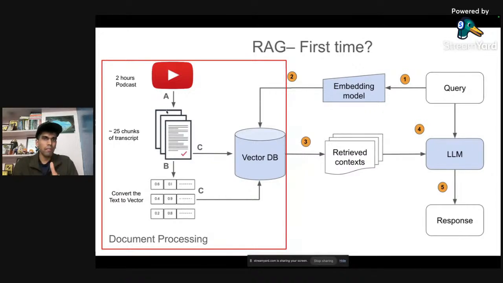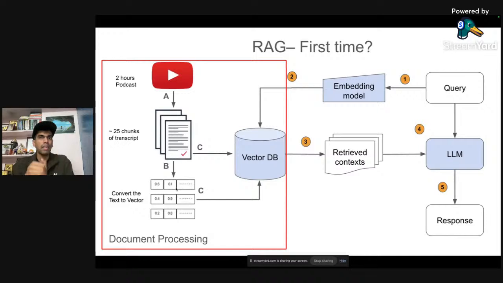Now, why is chunking very important? Every single LLM model has a context window. For Gemini, it is 2 million. For OpenAI, it is 128K. For Claude, it is 200K. Then most of the open source LLMs have 32K, right? So it's very important to chunk your data so that you can give just the relevant information as context via the prompt to your LLM. So get your external data, then chunk your data, and then convert that into embeddings